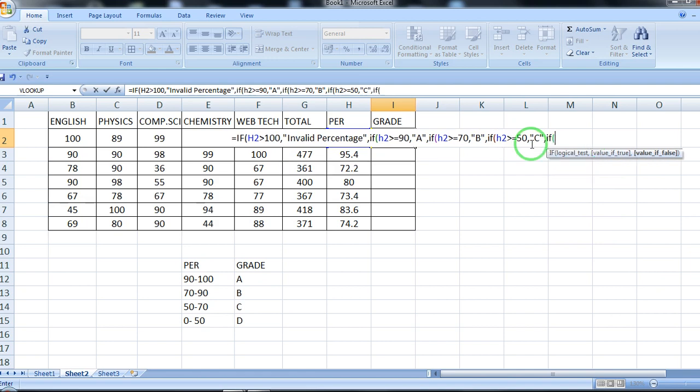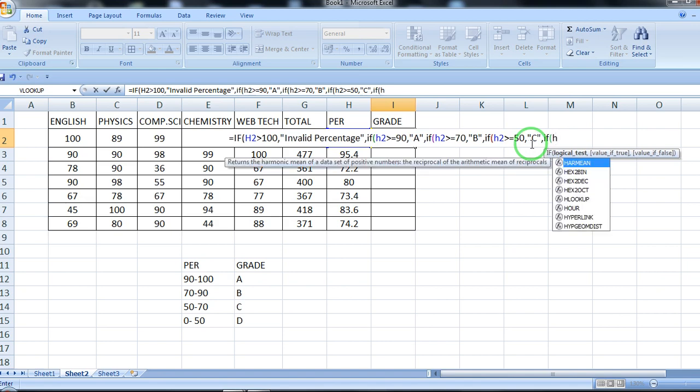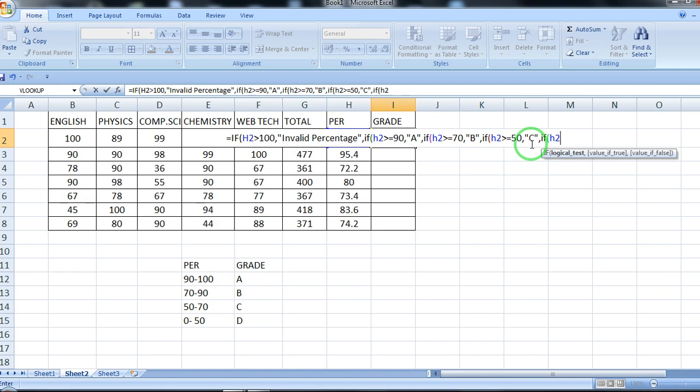Just put a comma and keep on putting multiple conditions. If H2 is greater than or equal to 0, it should display D grade, comma, and then you can write one more condition, or you can display the message else, invalid percentage.